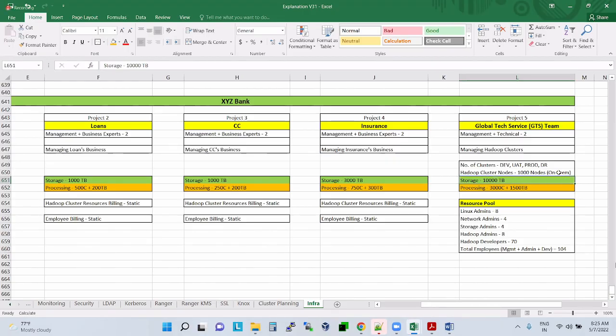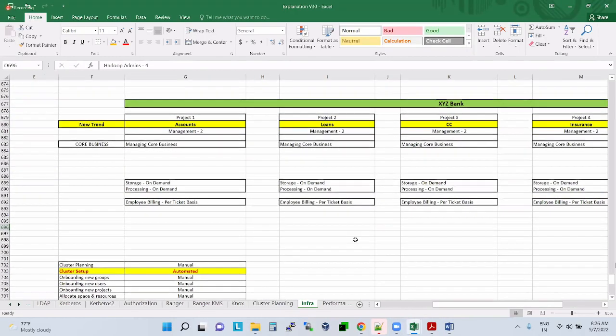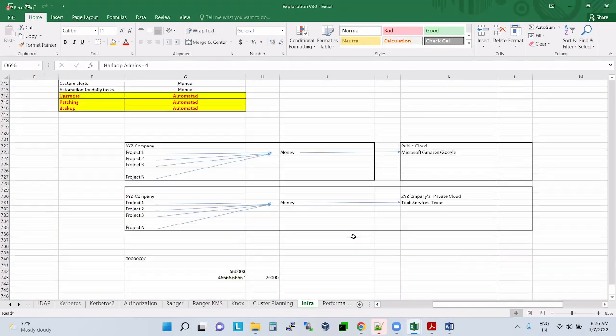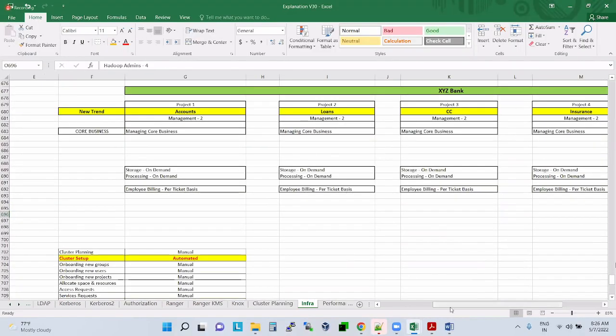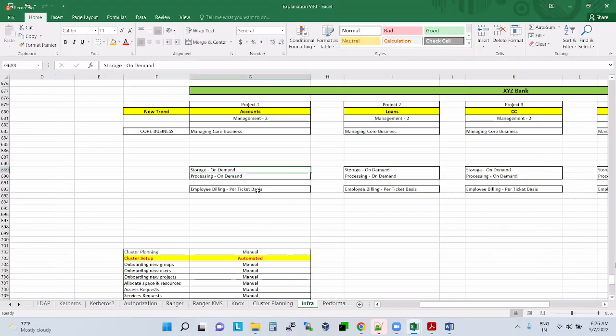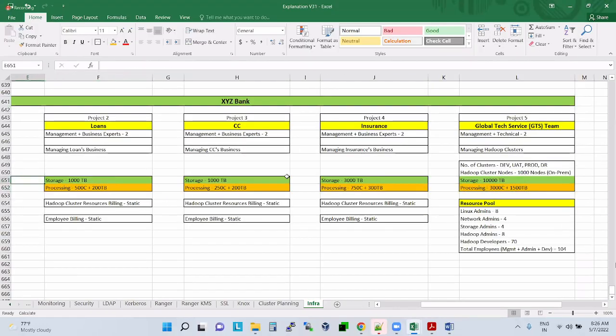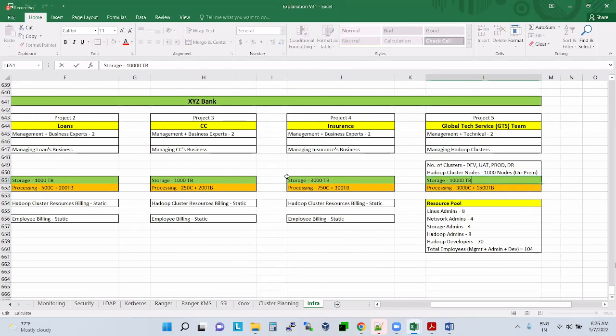What do you mean by containerization? Let me go on. They are combining all these on-premises nodes and building a portal like this.